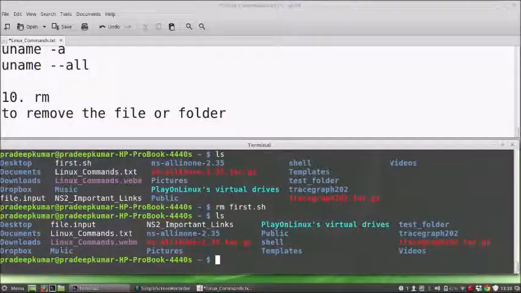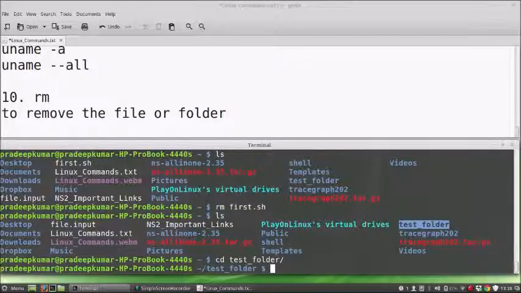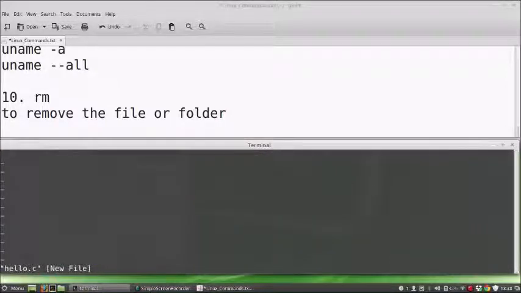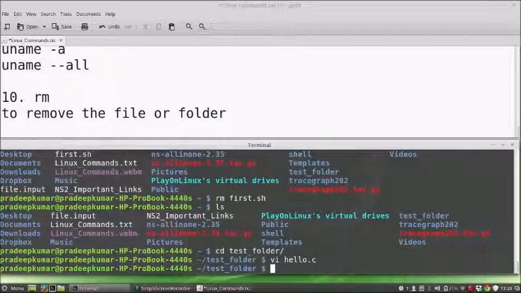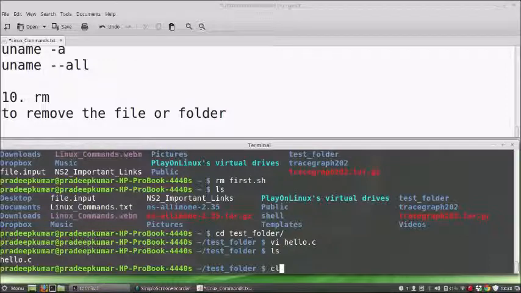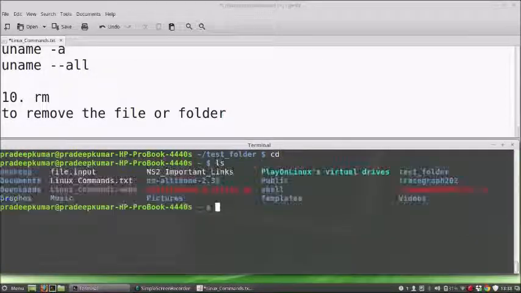Now one example: I have created a test folder. I go inside the test folder using the cd command, and I create a file with vi hello.c and put some contents. So now I have a hello.c. Now rmdir is a command to delete a folder, the test folder.